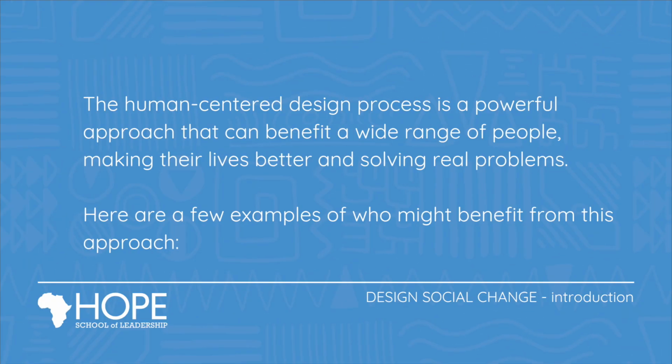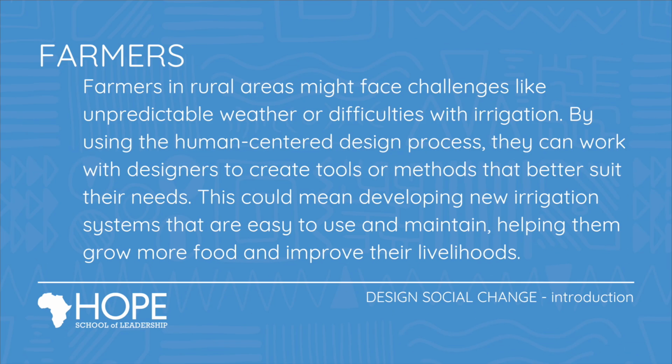The human-centered design process is a powerful approach that can benefit a wide range of people, making their lives better and solving real problems. Here are a few examples of who might benefit from this approach. Farmers in rural areas might face challenges like unpredictable weather or difficulties with irrigation. By using the human-centered design process, they can work with designers to create tools or methods that better suit their needs. This could mean developing new irrigation systems that are easy to use and maintain, helping them grow more food